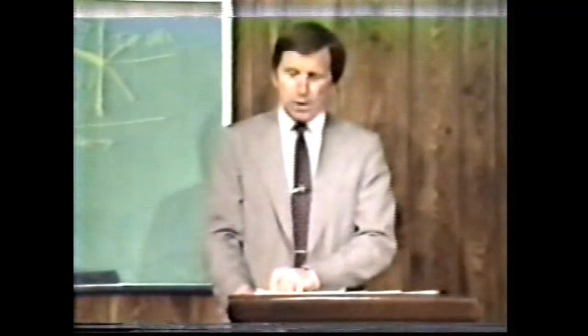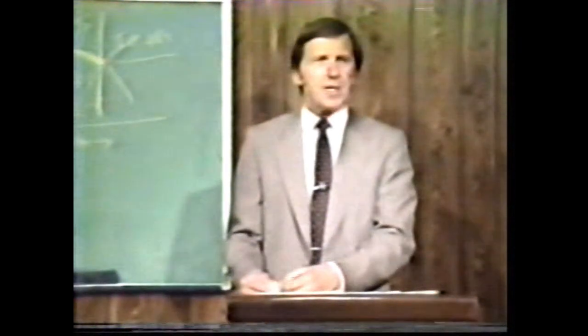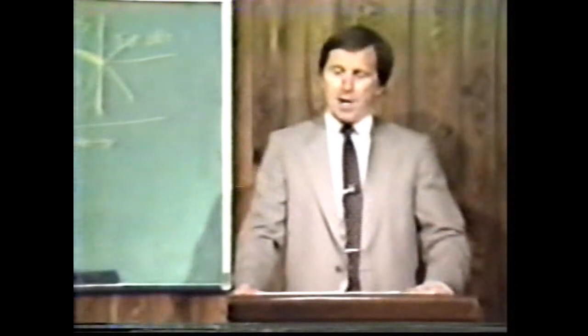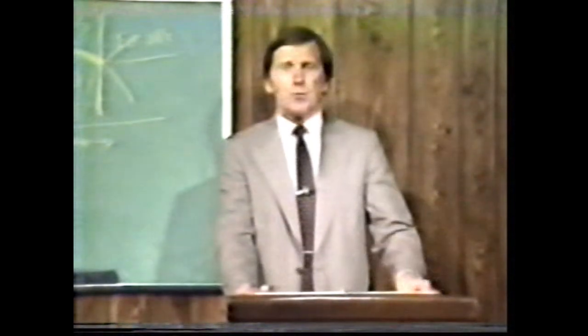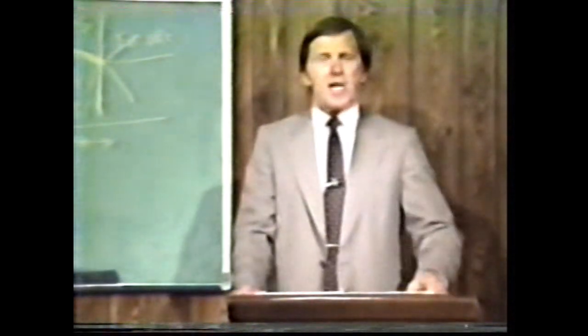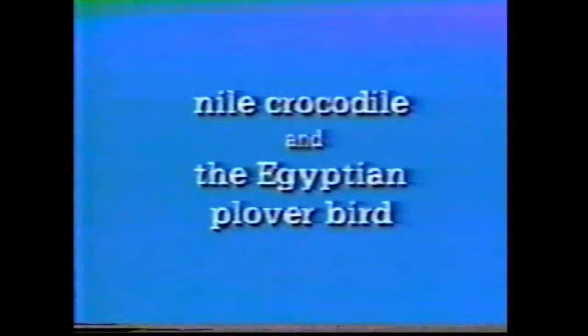I'd like to give you 2 examples from the plant and animal world that pose a real problem to the evolutionists. The first example will come from 2 animals living in a symbiotic relationship, and the second will come from an animal and a plant. The first one I'd like to bring to your attention is the case of the Nile crocodile and the Egyptian